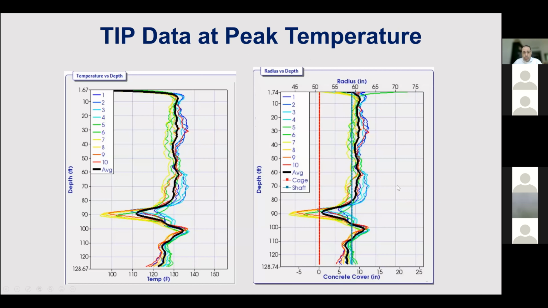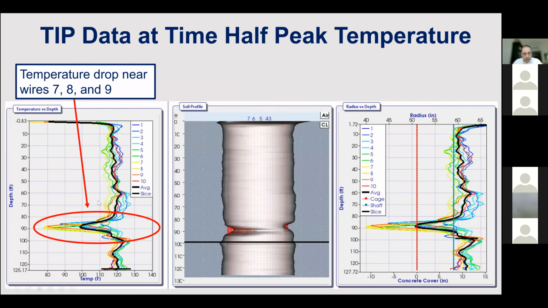So one shaft showed an anomaly around 90 feet, which is about 30 meters, and it shows that this anomaly extends towards the cage, and it shows that there's a significant temperature drop around wires 7, 8, and 9. And this is the 3D plot you get from the interpretation. It gives you a fairly accurate interpretation of the location of the anomaly and the extent